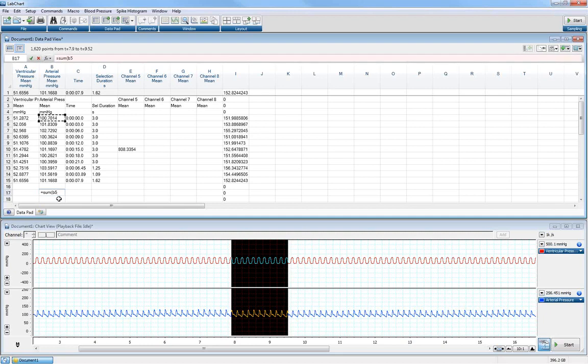B5 to B16. Okay, and to do these types of running totals, we need to leave one blank row after the data that we've already added. Okay, because that's the row that all new data is going to be added into. And as the new data is added to that particular row, our running total will also increase by that particular value. Okay, so if I click on Enter now,